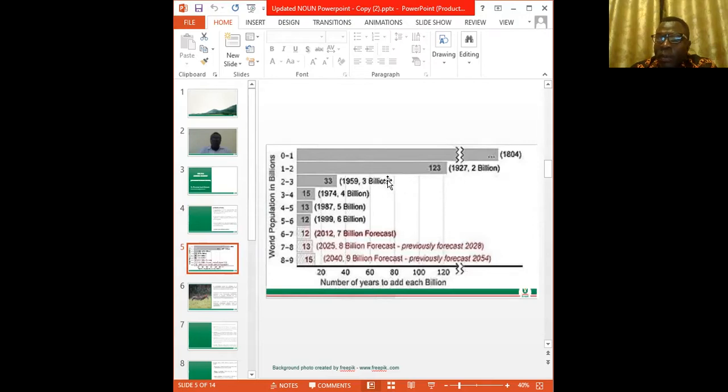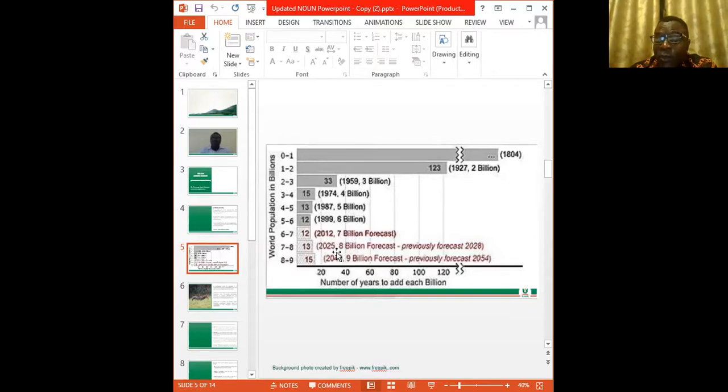And in 1959, it increased to 3 billion. 1974, 4 billion. 1984 was about 5 billion. 1999, 6 billion. And like I said, 2012 to 2021, it falls on that range of more than 7